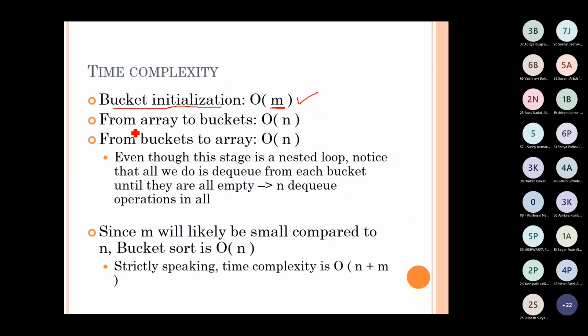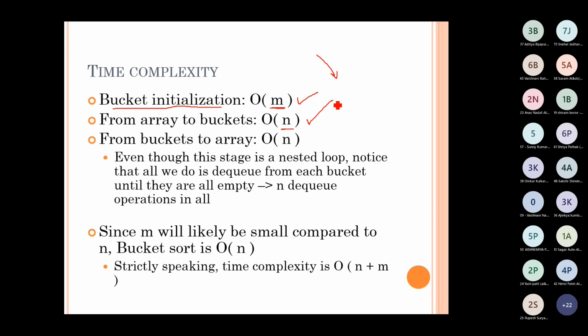buckets. Then from array to bucket, we will be taking the elements and putting them into the buckets. That means we will be checking the value of each element in the array, as many times as the size of the array. If its value is 1, put it in bucket number 1; if its value is 2, put it in bucket number 2, and so on. So that is order of n required to decide or to put the elements in the bucket,